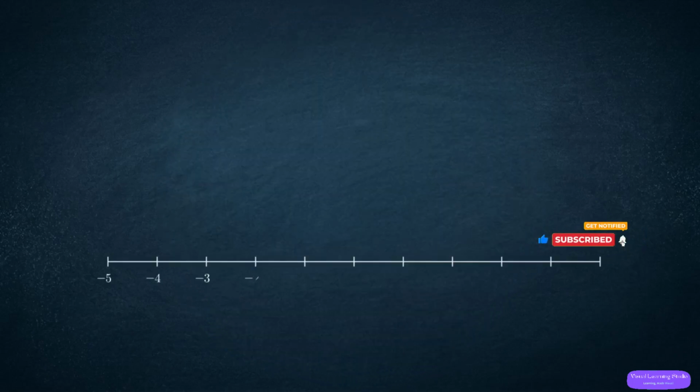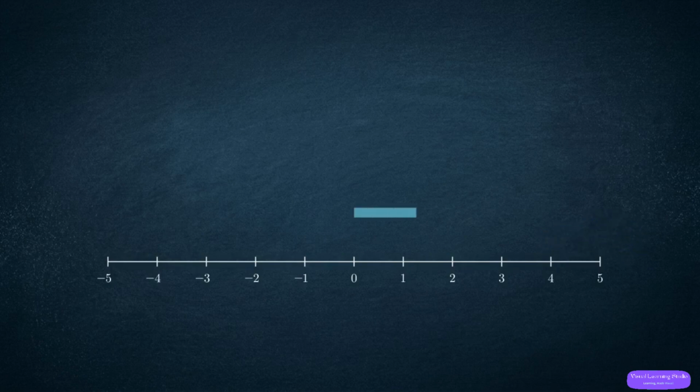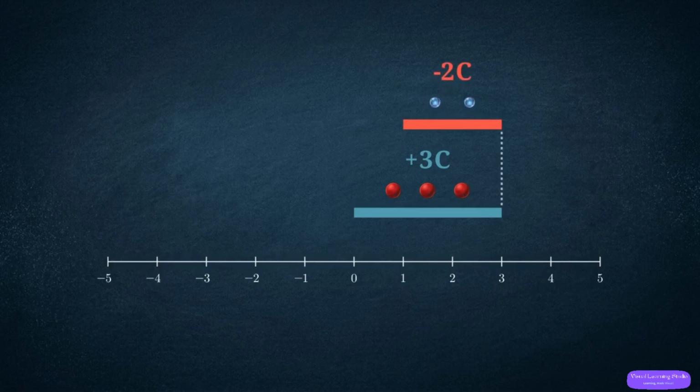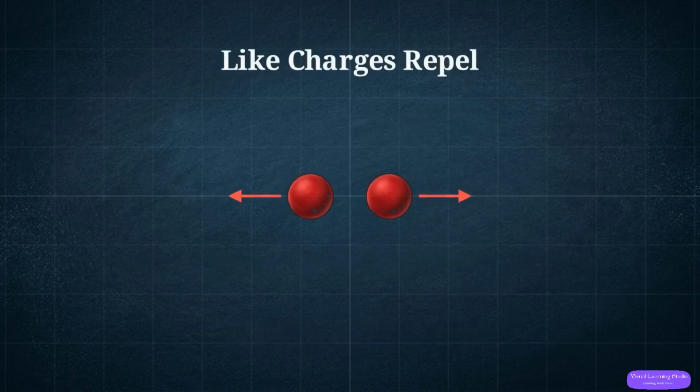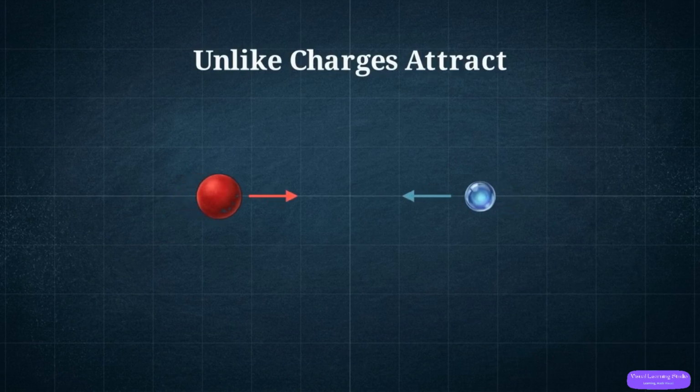These charges follow an additive nature. On a number line, we can see how a body with a positive 3 charge and a negative 2 charge combines algebraically to result in a net charge of positive 1. Because charge is a measurable, algebraic property, we can use it as a reliable baseline for calculating how different objects